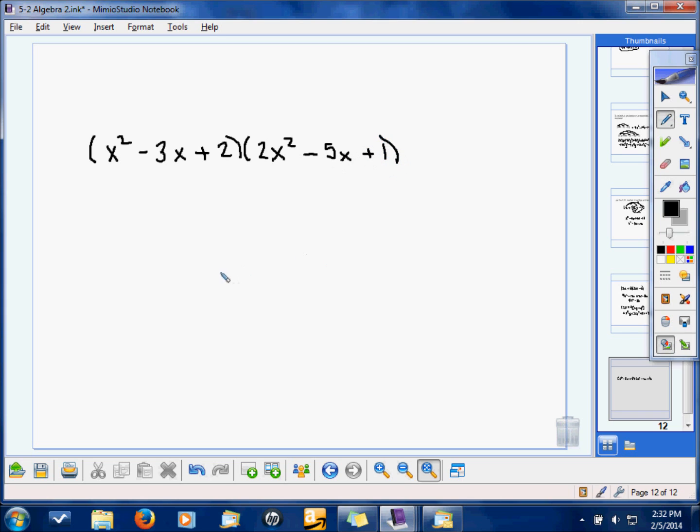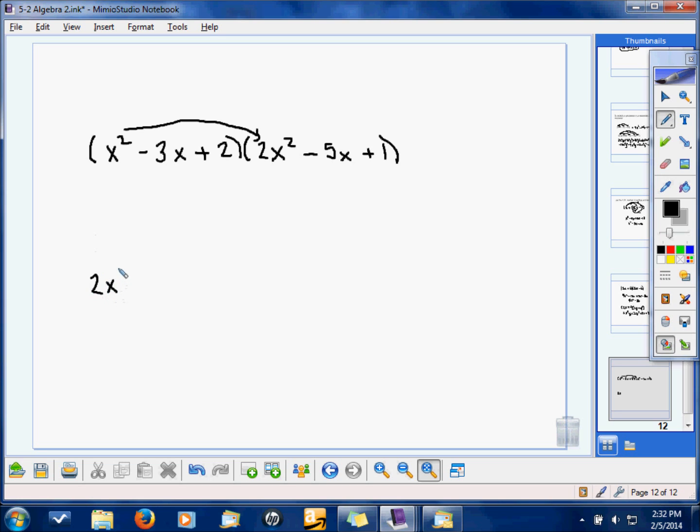Okay, now remember I said about the distributing thing? Really, all you need to do is distribute each term in the first polynomial times each term in the second. This will work for any polynomial times polynomial. So I'm going to start with this x squared right here, and I'm going to multiply it times each thing. I want to multiply it here, so that will give me